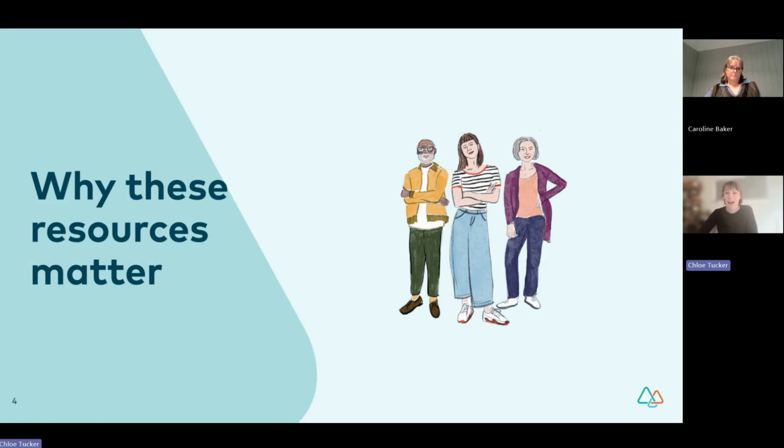So, a little bit on why our resources matter. Volunteers are at the heart of many community organisations. People often volunteer because they want to contribute to their community in a useful and meaningful way. But a good volunteer relationship doesn't just happen. It needs to be respectful, it needs to be safe, and it needs to work for everyone involved. Not just in the good moments, but when things are unclear or don't go to plan.